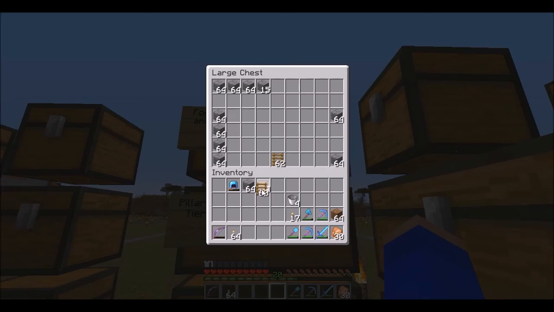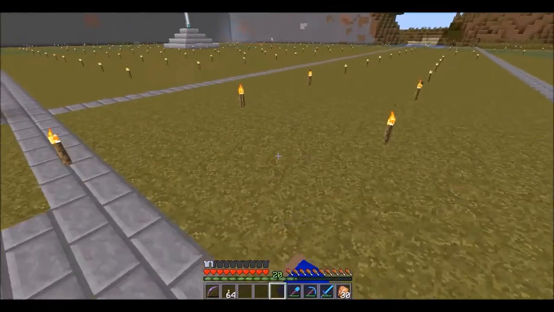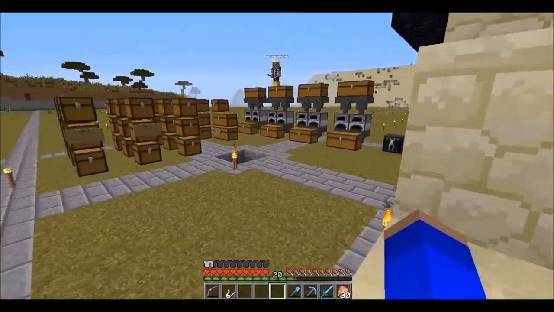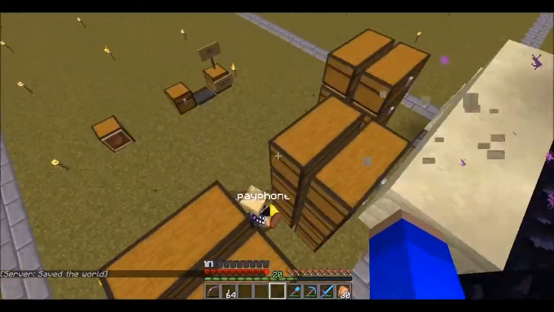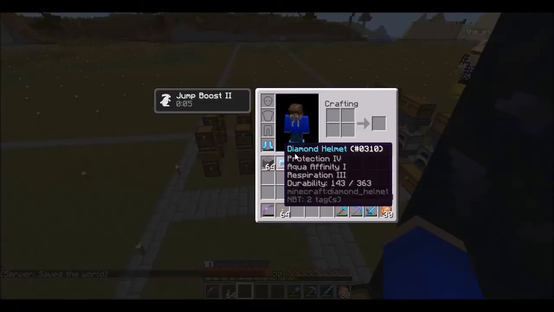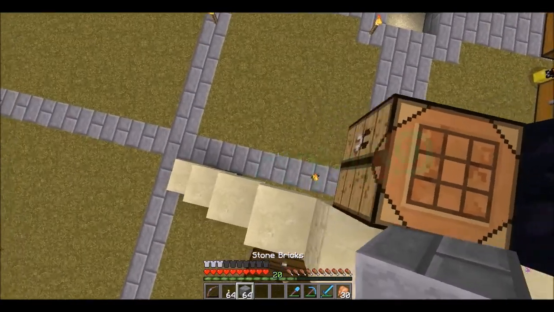Alright, I need 11. Oh, I'm going to do 12. What we're doing is we are actually going to start building the farm. So we've got everything marked out here, and me and Pay are going to start building the farm. So he's deciding to be incredibly quiet and timid and hide behind everything. He's parkouring. Right, so